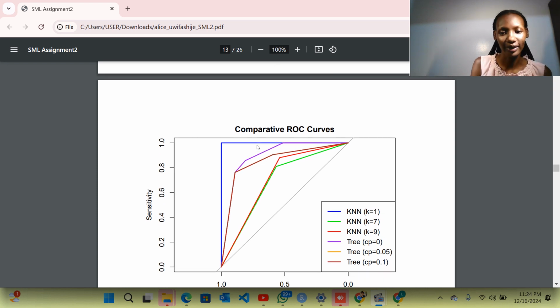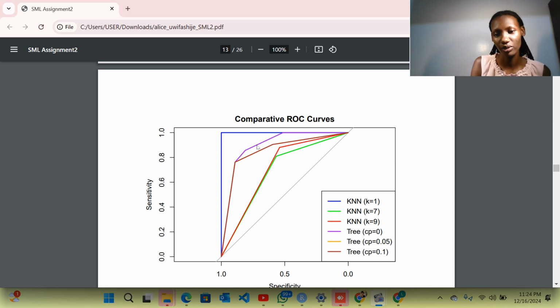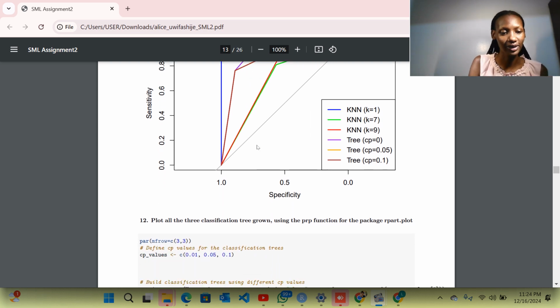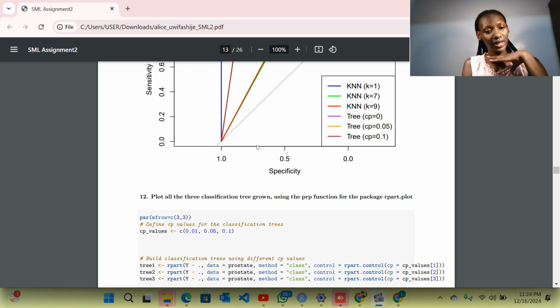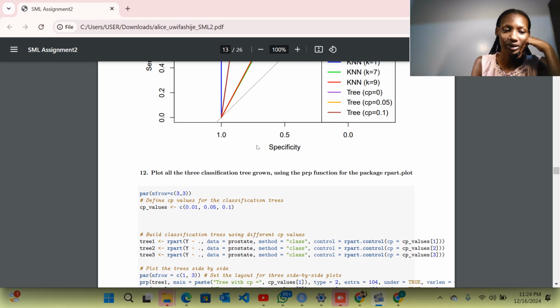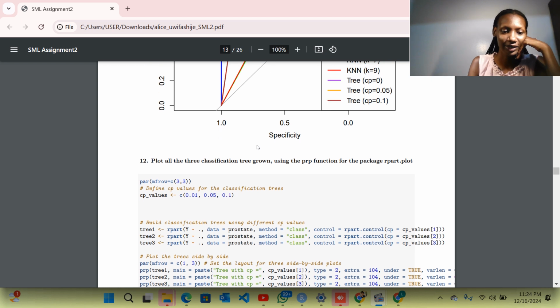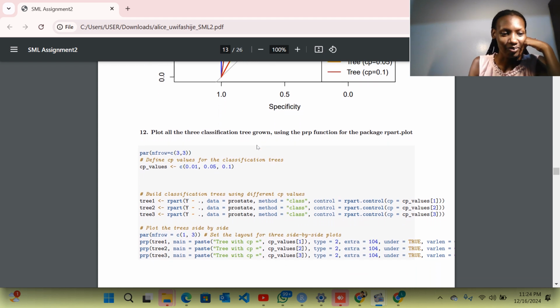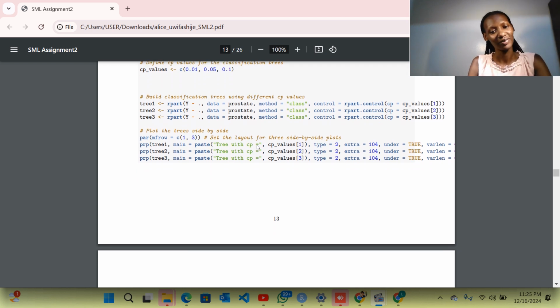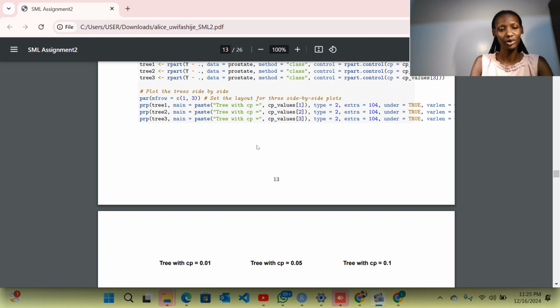I worked with the KNN varying for 1, 7, and 9, and the decision trees with CP 0, 0.05 and 0.1. This shows that the KNN with K of 1 performed the best, achieving the higher sensitivity and specificity. On overfitting and generalization, we can say that the lower K values capture the finest patterns but risk overfitting, while the higher K values smooth prediction and reduce the performance. I would like to say more about this, but let's go to the conclusion